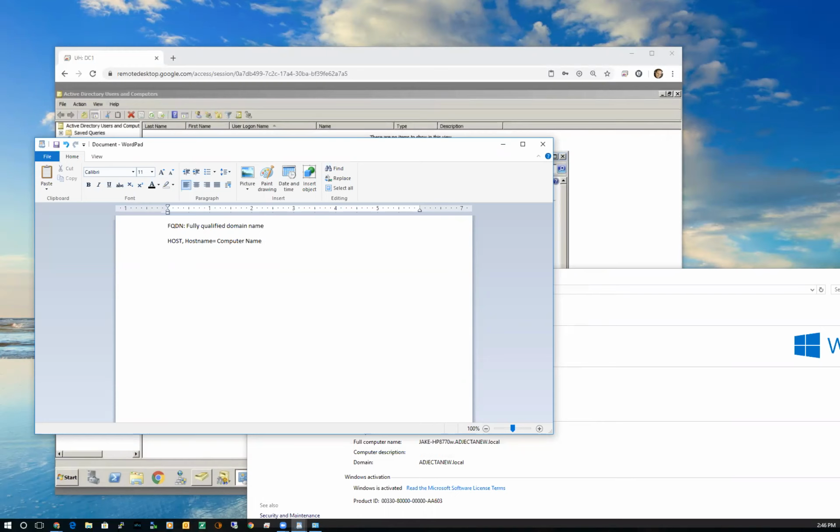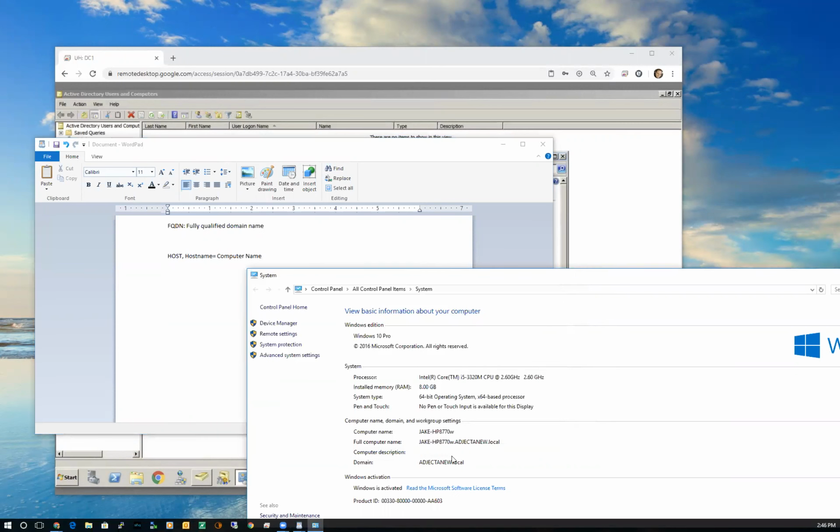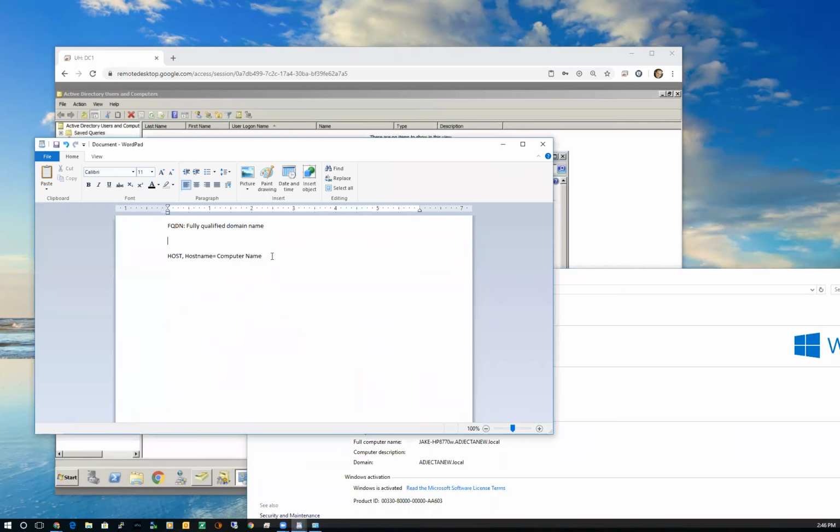Fully qualified domain name is a combination of the host name plus the domain. So when you're just on a local computer or on a laptop, it's usually made up of the name of the host and then possibly the name of a domain or a work group. I know some of you have seen this with Windows. You'll see something called work group, and then you'll see something called domain. Your computer is either a member of one or the other of those.